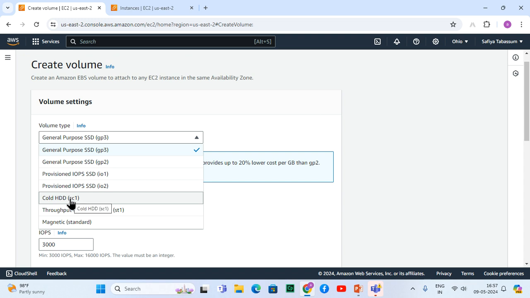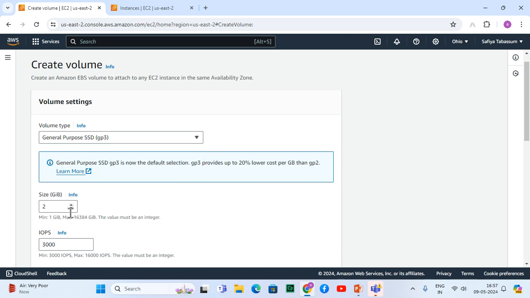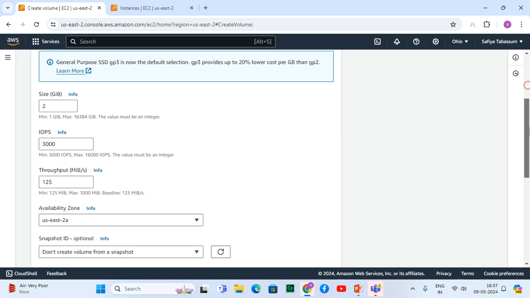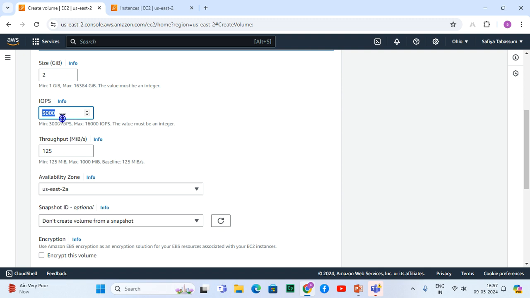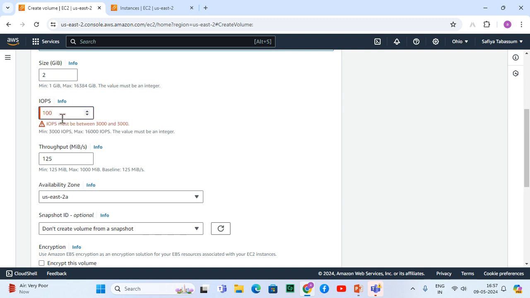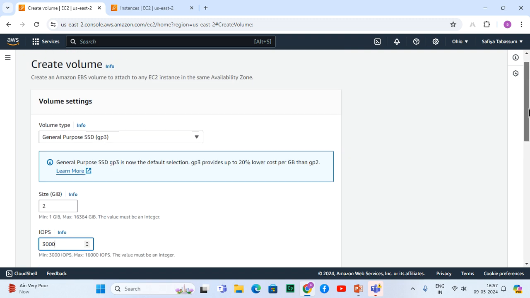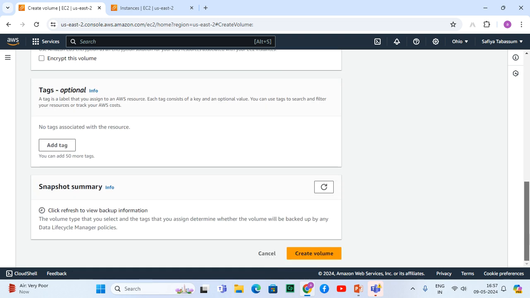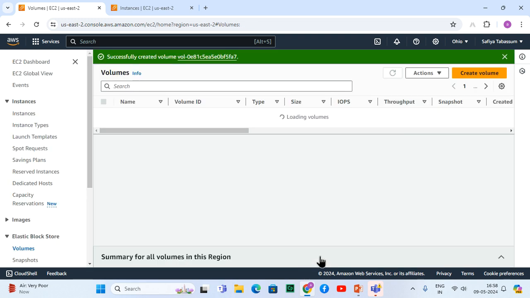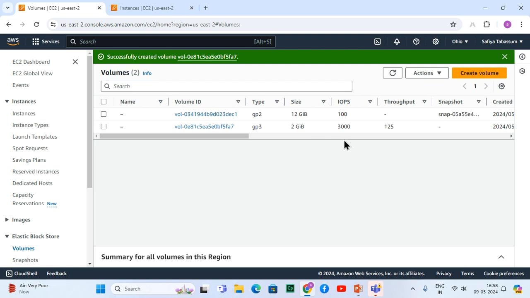You can go ahead, but it's good to go for general purpose or provisioned. So I have taken 2 GB. IOPS, I am taking 100. It says 3000 by default, the minimum is 3000 IOPS. Okay, I'll take it. General purpose, so I'll go with that. That means a volume is created with 2 GB.